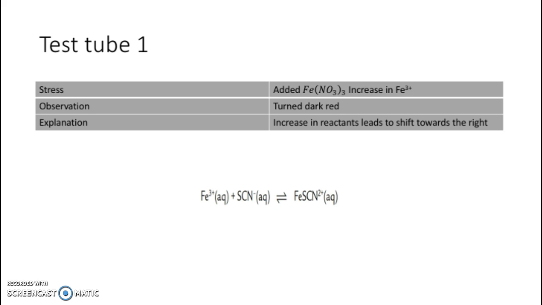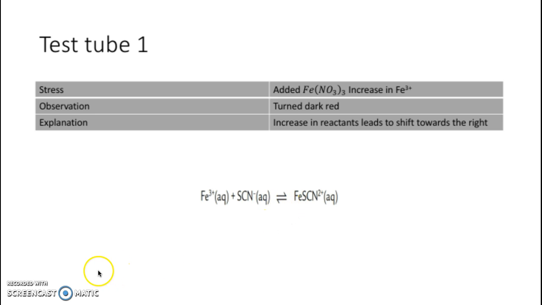The explanation for this is that we increased the reactants, which led to a shift towards the right. And as we see here, according to Le Chatelier's principle, we increased the iron 3 plus molecules, which created more reactants, which then caused the equilibrium to shift towards the right to create more products so that it can